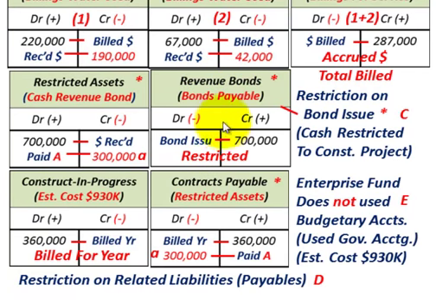And just looking at a very basic entry here, our title is going to be, again, restricted assets. And the revenue bonds are going to be for our bonds payable. We're going to set that up, and then tied into that, we're going to have restricted assets, the cash received for this revenue bond. So this is going to be our cash account.